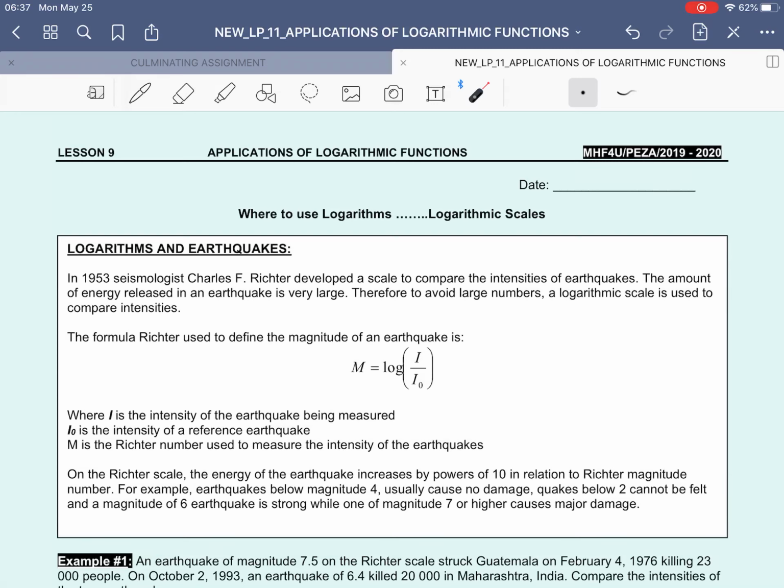Hello everyone. Today we'll go over the applications of logarithmic functions. Just a reminder, this is the last lesson of the unit and in the meantime the last new lesson of the whole course. Logarithmic functions are widely used in everyday life to describe quantities that are either very large or